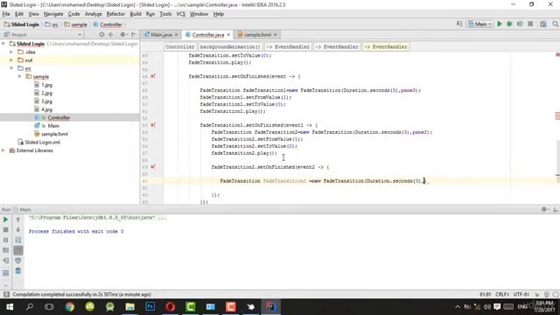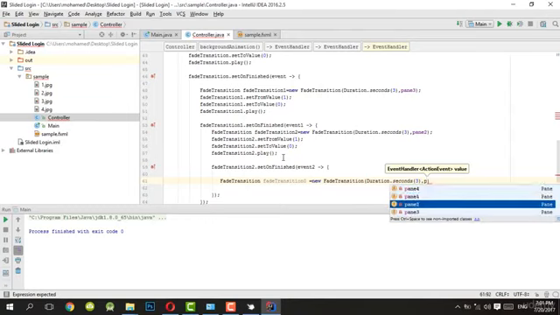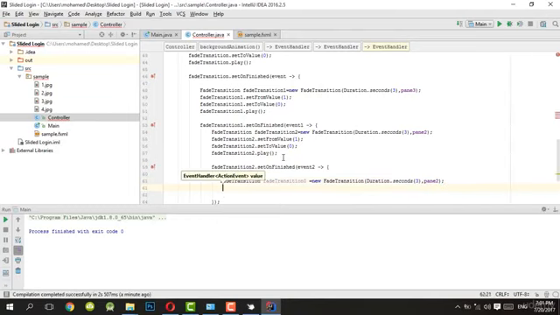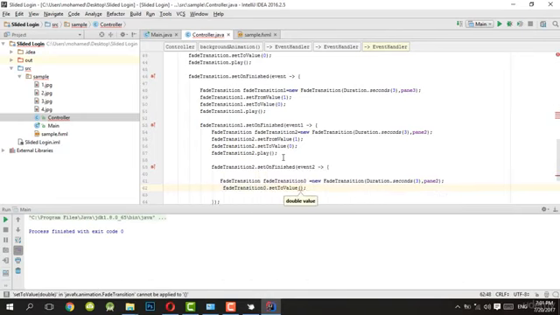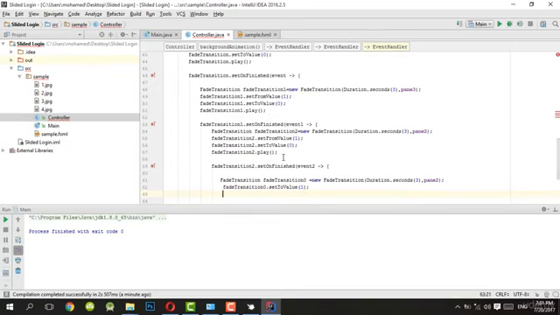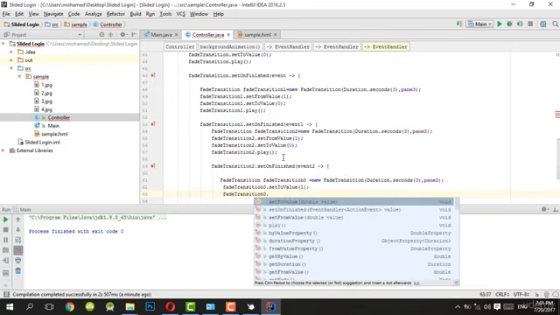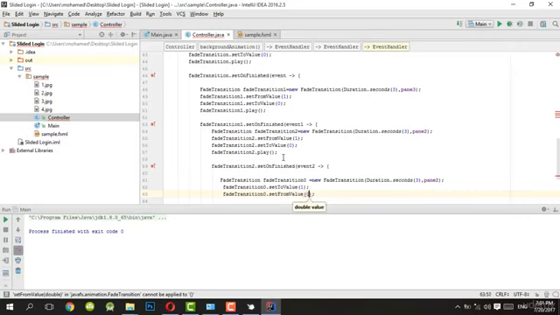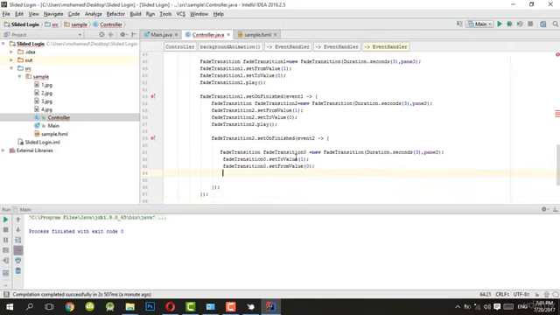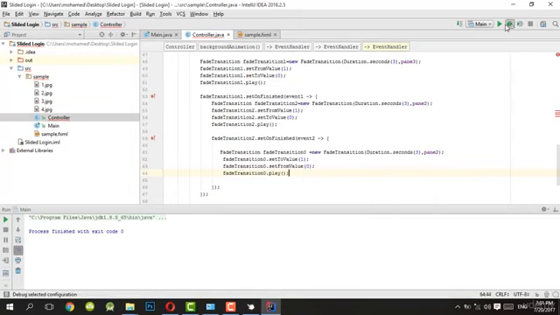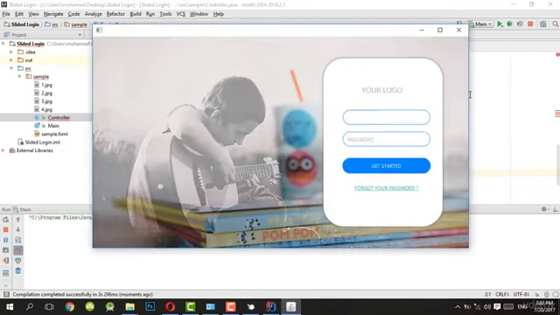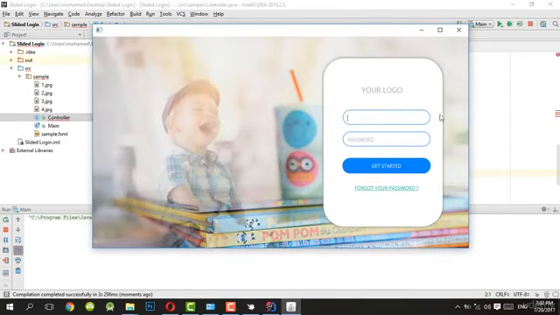Give it a duration, give it pane 2, to value 1, and from value 0, transition dot play, and try again. Right,